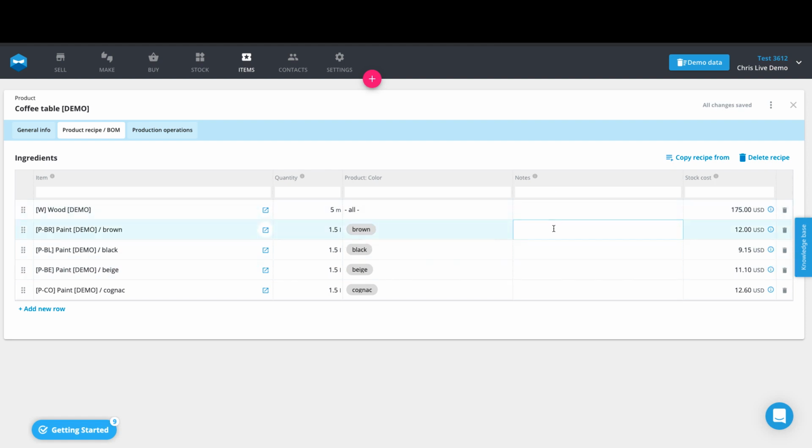This is typically very handy if you're in the apparel industry or something where it's required to place this material at a specific location of the finished good. It can be used for instructions every time you are receiving a manufacturing order that you need to give more guidance on. That information appears in the manufacturing order itself. And then it also shows over here the stock cost for those individual materials, which is the quantity times its current unit cost,